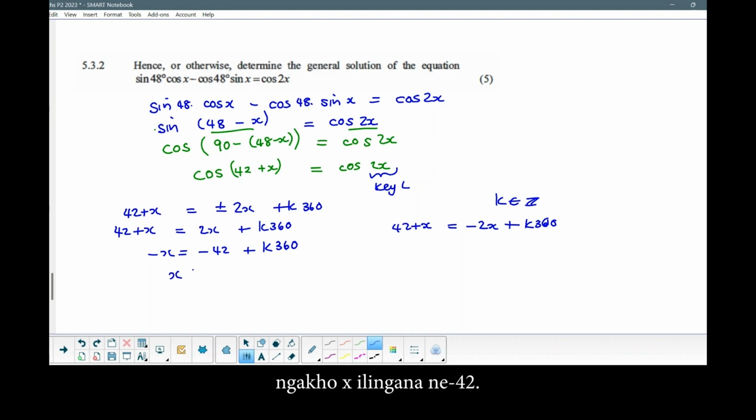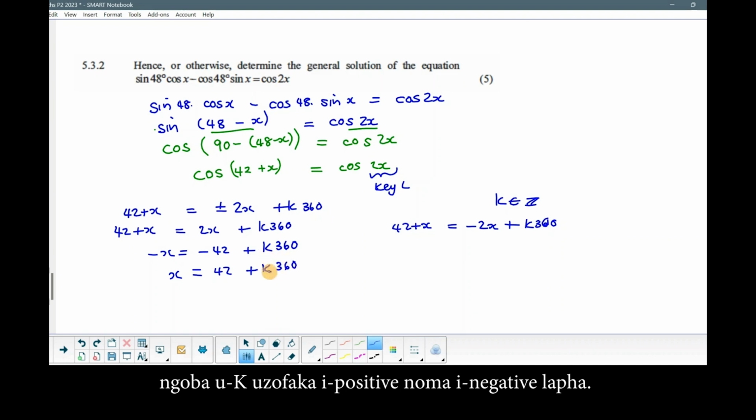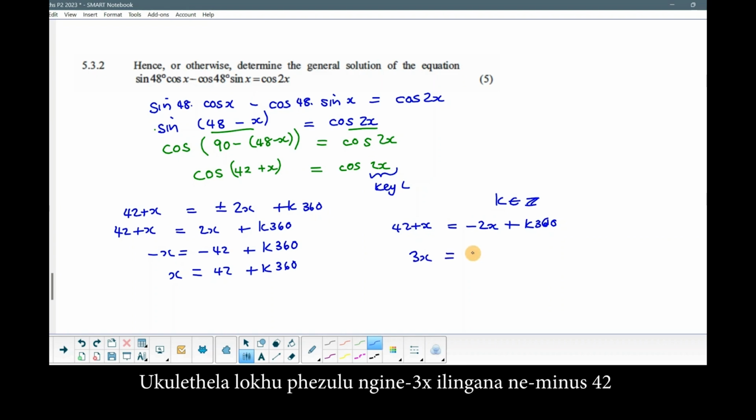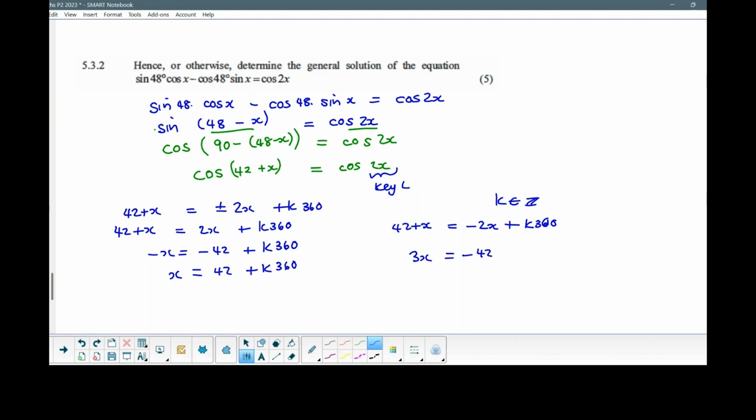So x is equal to 42, you can say minus k360, but I can leave it as positive k360 because the k will absorb the positive or the negative. Right here, bring this over, I end up with 3x equals negative 42 plus k360. And now I'm going to divide by 3